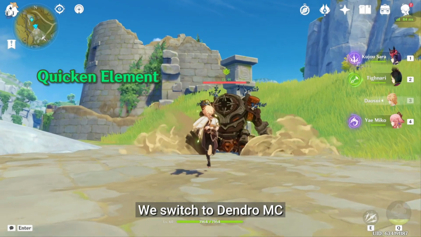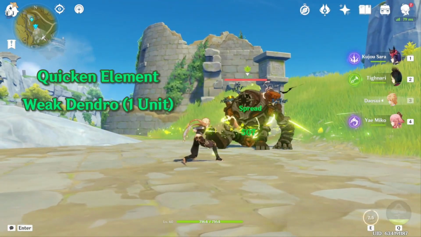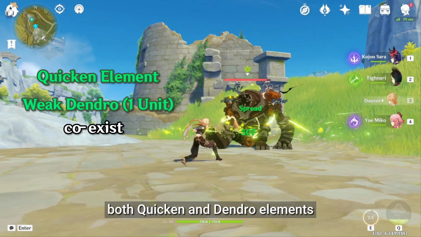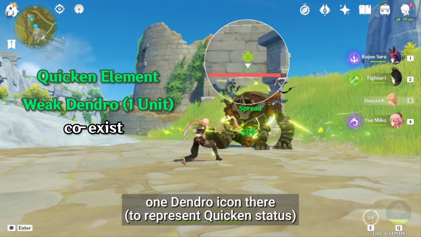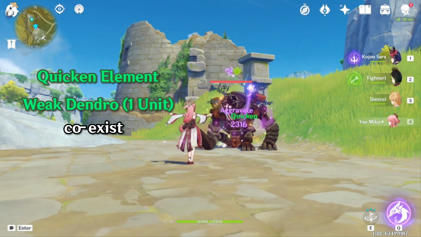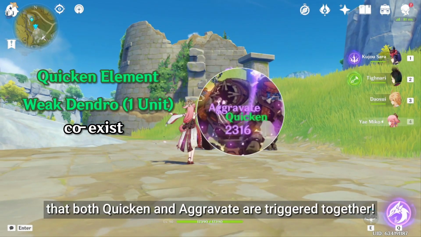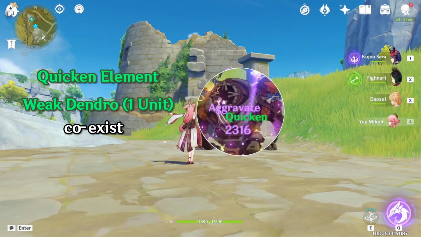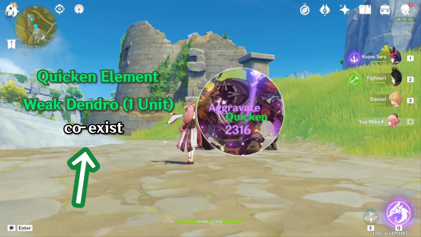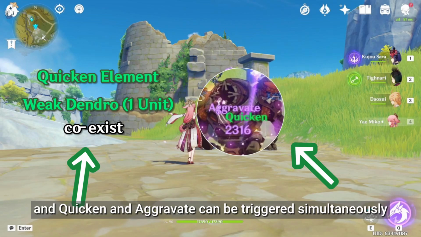We switch to Dendro MC and apply another weak Dendro. So now, the Ruin Guard is applied with both Quicken and Dendro elements, even though you only see one Dendro icon there. Next, we switch to Yai and apply Electro, and you can see clearly that both Quicken and Aggravate are triggered together. This proves that Quicken element can coexist with Dendro element, and Quicken and Aggravate can be triggered